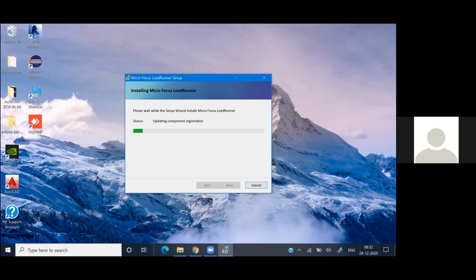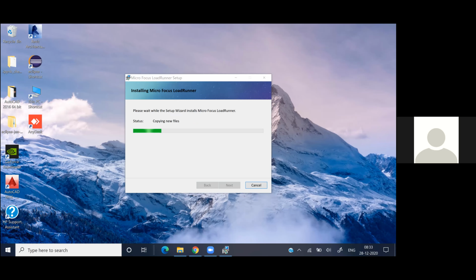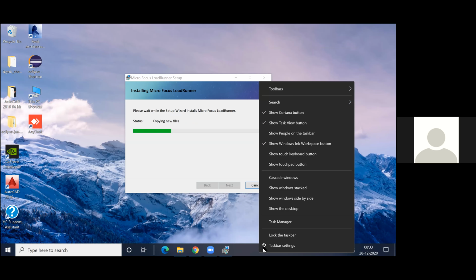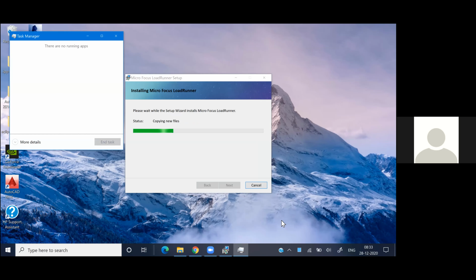Can you please open Task Manager also, Pavan? Right click on the Task Manager at the bottom bar. Click on more details.